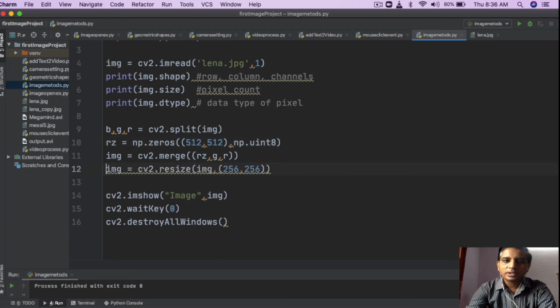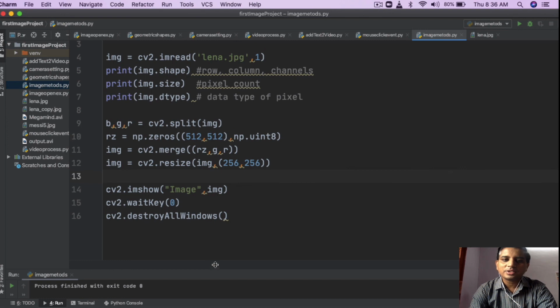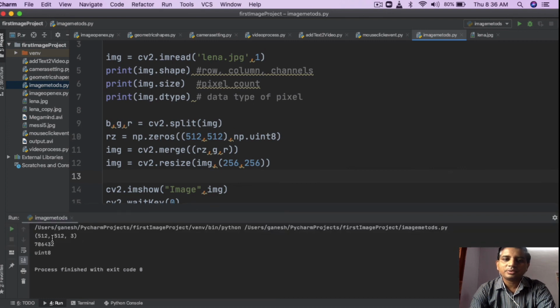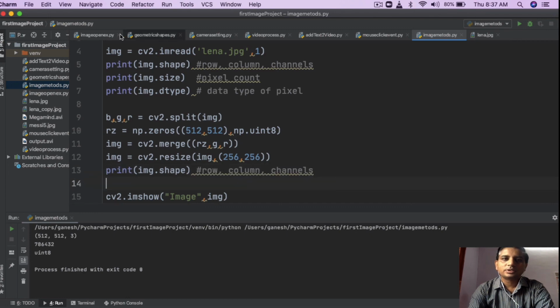Now the last one is how to resize the image. Before this, the size of this Lena image was 512 by 512, and let's check whether it gets resized or not. If it is resized, then we can print it again. The third print is your resize.